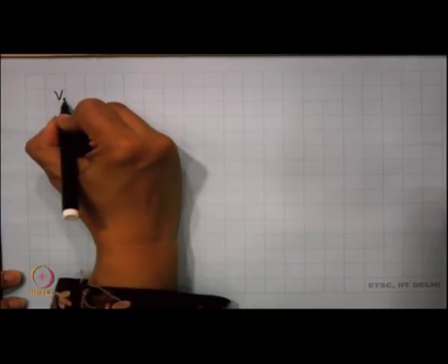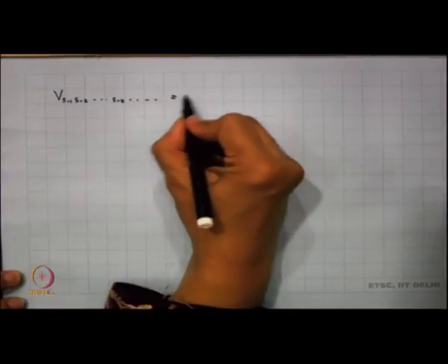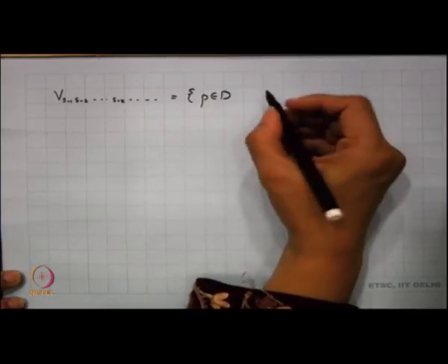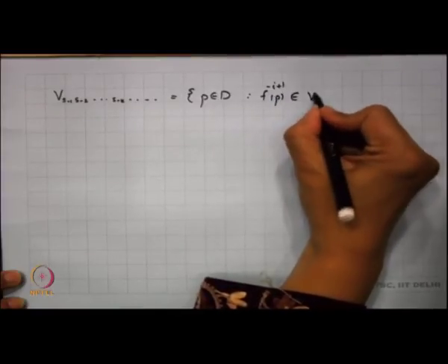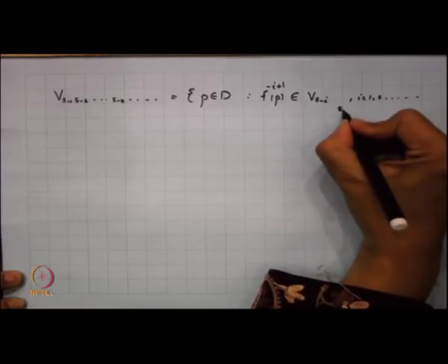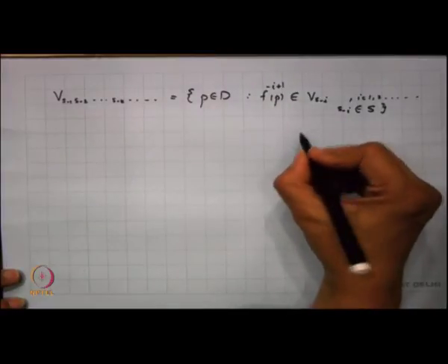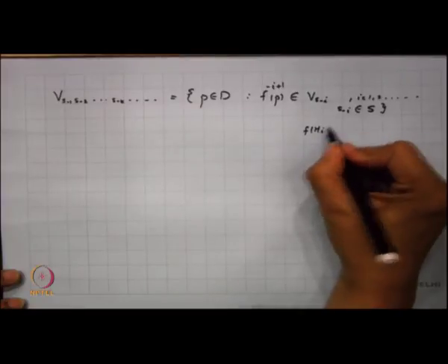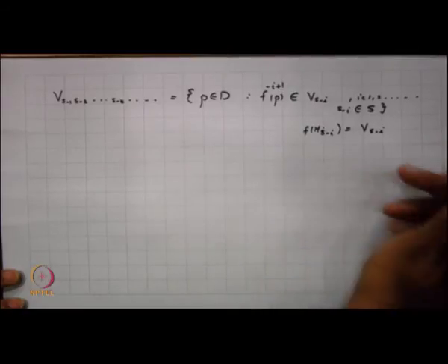So, now we look into our vertical rectangle. My vertical line is V, s minus 1, s minus 2, s minus k and so on, which essentially is the set of all p in D such that f to the minus i plus 1 of p belongs to V s minus i, for i going to 1, 2 and on, and my s minus i belongs to S. So, this was basically my vertical line, and if I look into this vertical line, we recall that f of h, or maybe I can take s minus i, will be nothing but V s minus i. So, I am trying to take this association.